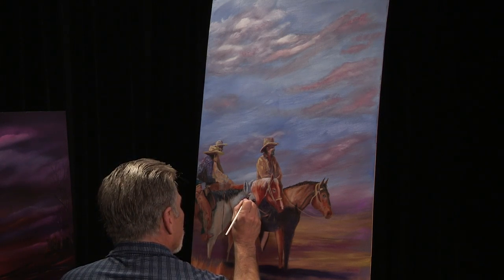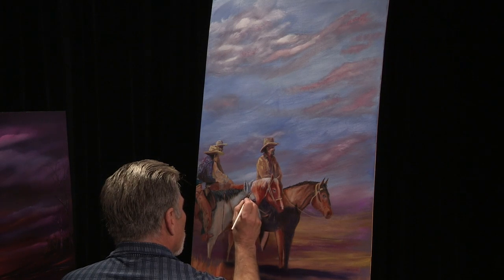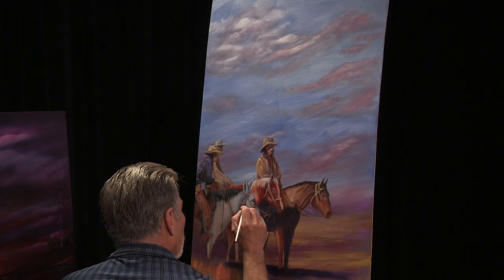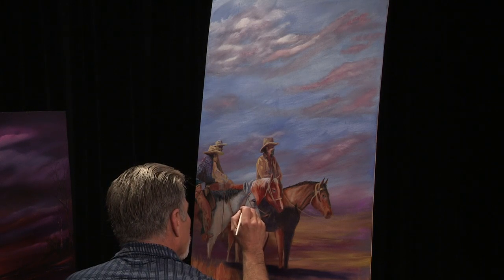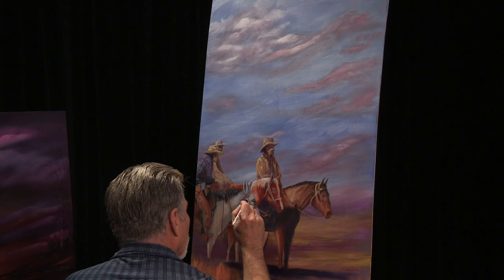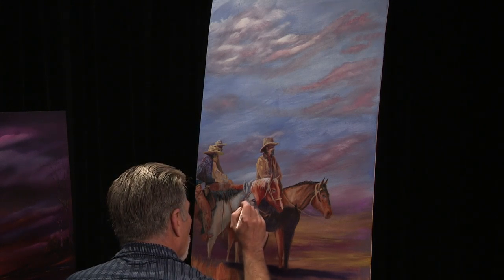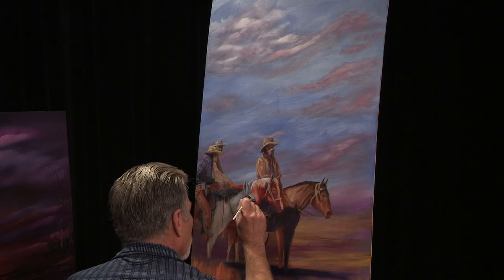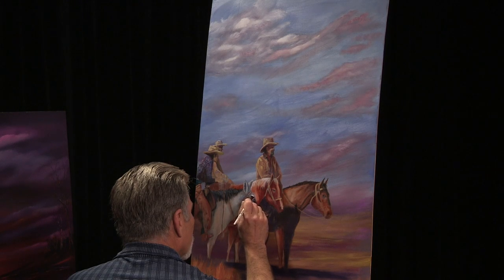I think that's really an important lesson to learn, is to constantly be thinking about where your light source is coming from and how it is going to interact and play on your subject matter. And the other part of it too is, what are the colors that you see in that? And like in this particular painting,